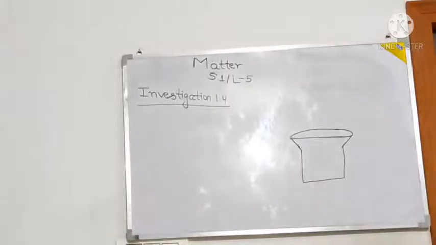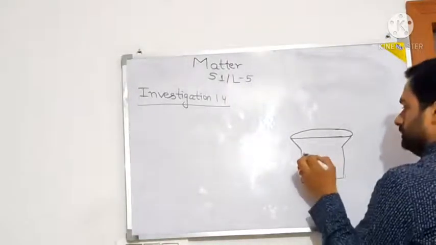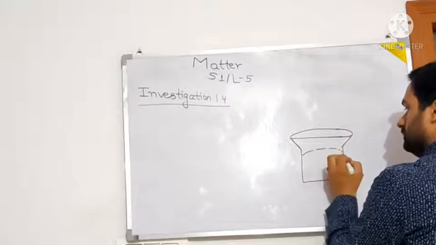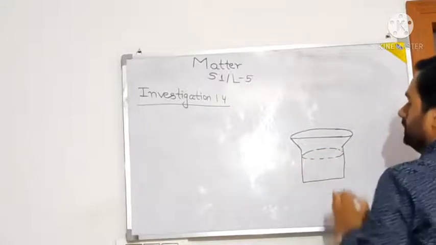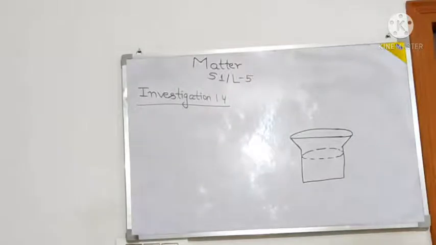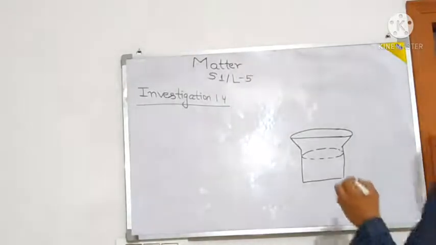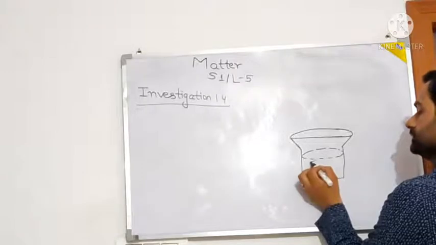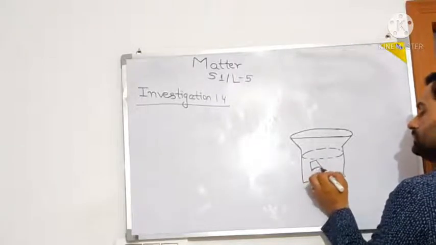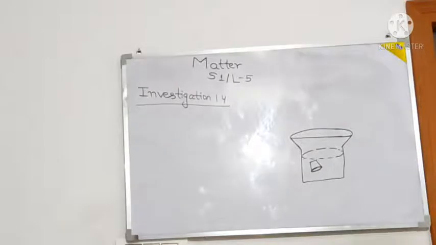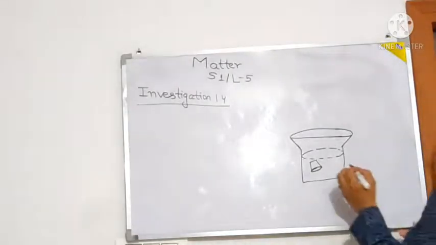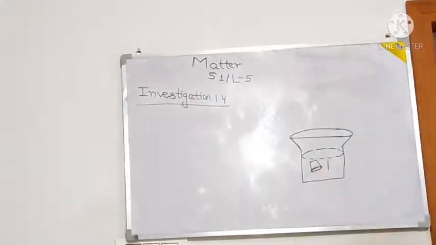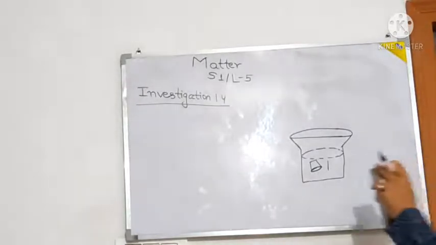Now in this bucket you are filling water also. Water is filled here. And here you have taken 2 glasses. This is the first glass. The positions of the glasses vary. One glass is vertically down, the other is a little bit inclined. If you draw that one.